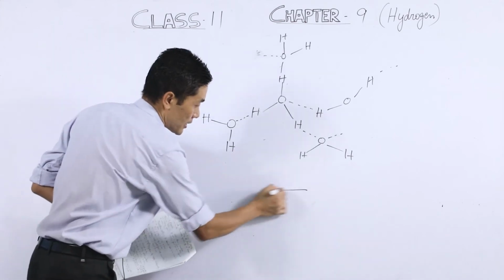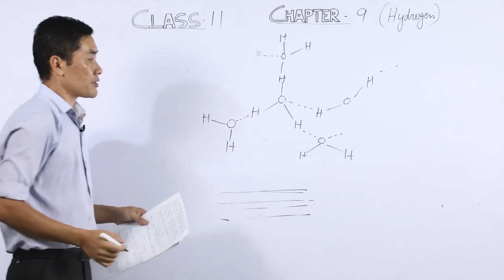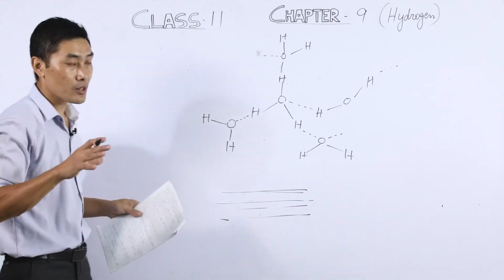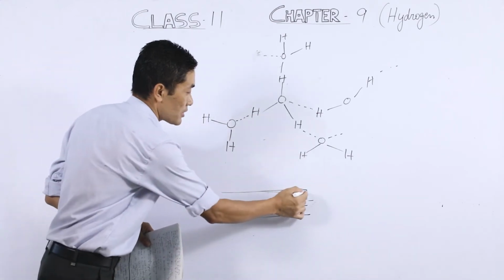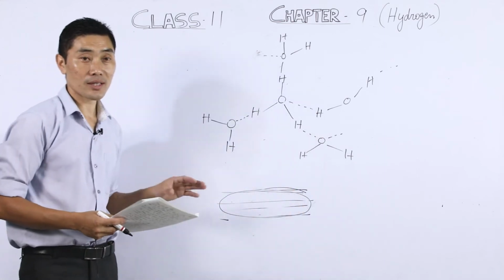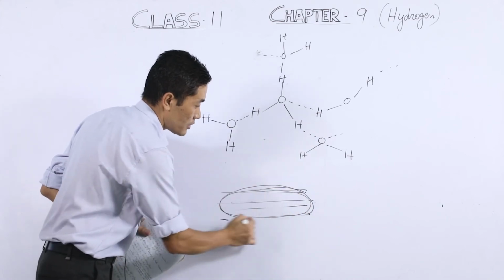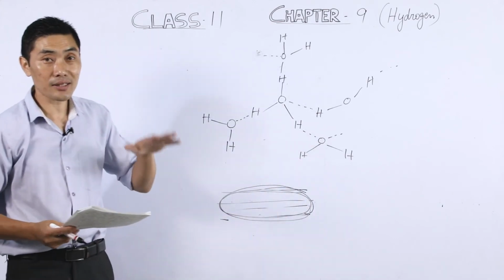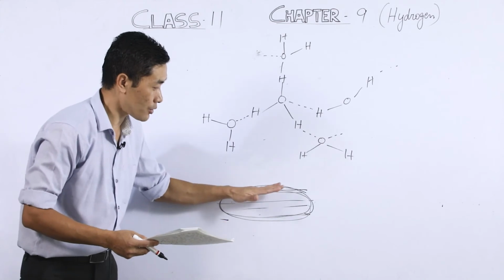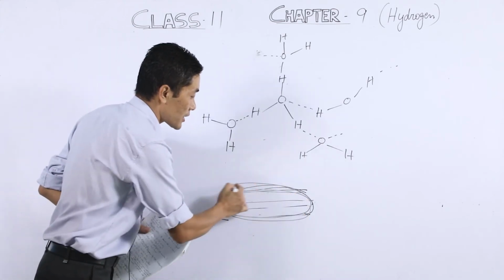Suppose we have a lake with a lot of water here. During winter months, due to the very low temperature, this water gets frozen. Once the water gets frozen, the ice that is formed here, since it is lighter than the liquid water, will float on the surface of the water. And this acts as a blanket